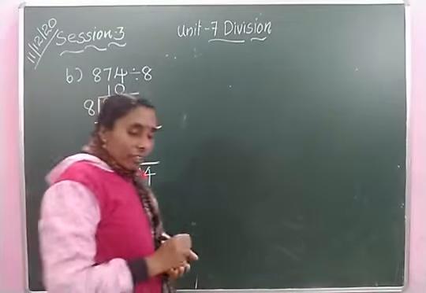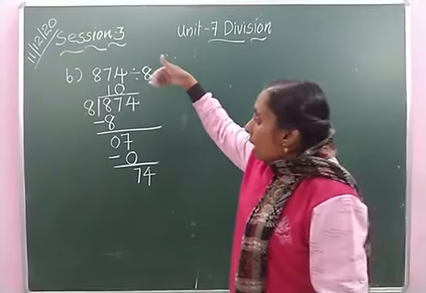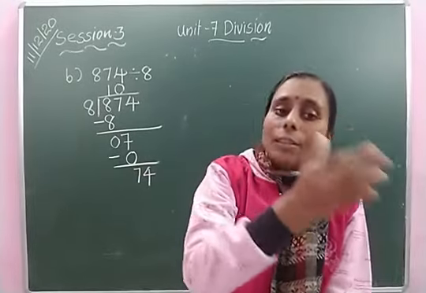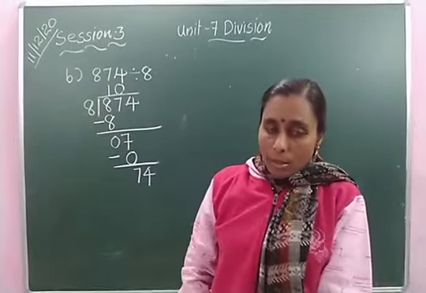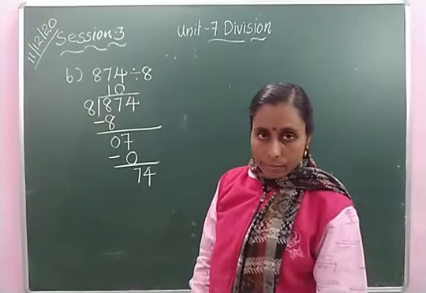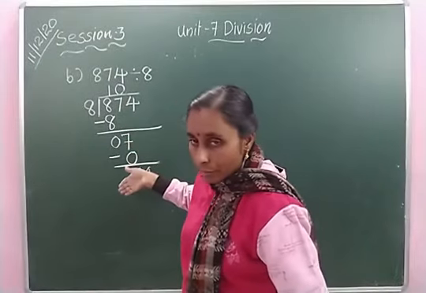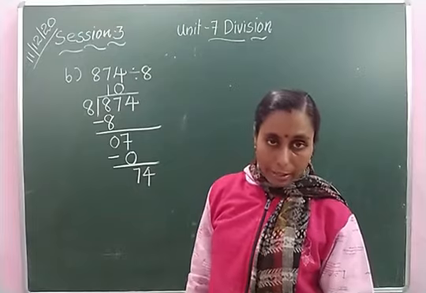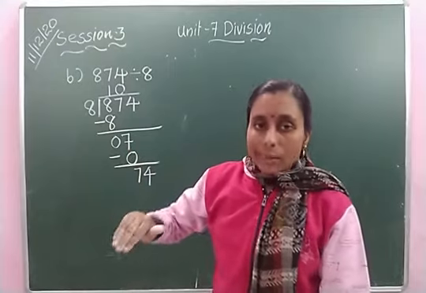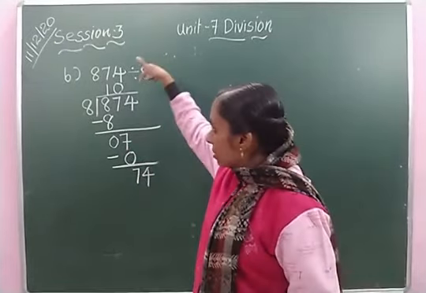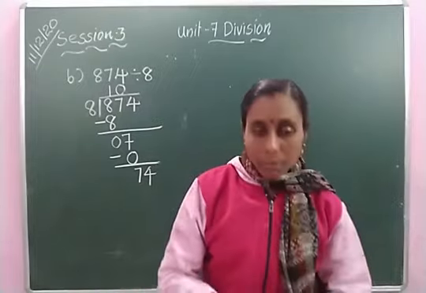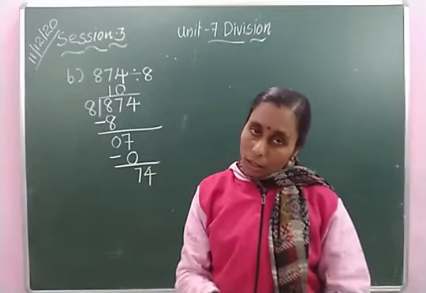When we do the division, after the first step, if the number is smaller than the divisor, we can take the next number. But here, this number has come down from the dividend itself. When a number that comes down from the dividend is smaller than the divisor, we cannot take the next number directly. We have to place 0 in the quotient, do the multiplication, and then do the subtraction. Only then can we take the next number down.